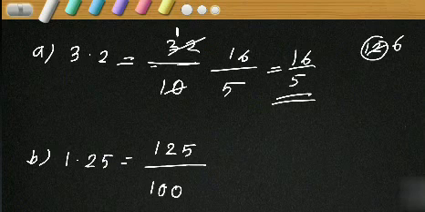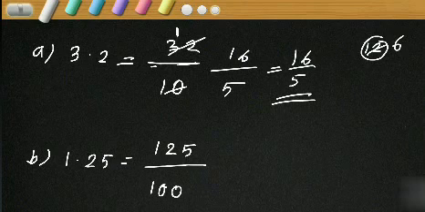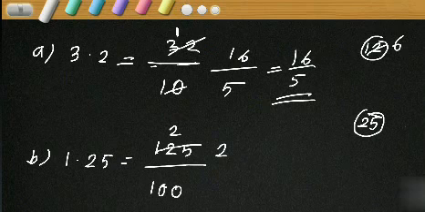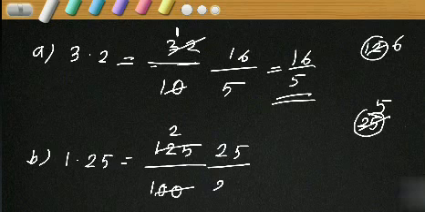Yes, we can divide by 5's table. Why? Last digit 5 is divisible by 5, and last digit 0, so both numbers are divisible by 5. Both the numerator and denominator are divisible by 5. We can cancel. 5 twos are 10, 10 after 11, 12, so 2. Keep that 2 and 5 in mind, it becomes 25. 5 fives are 25. Denominator: 5 twos are 10 and 0.